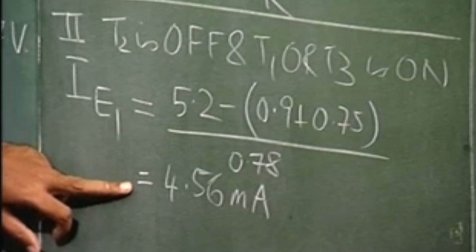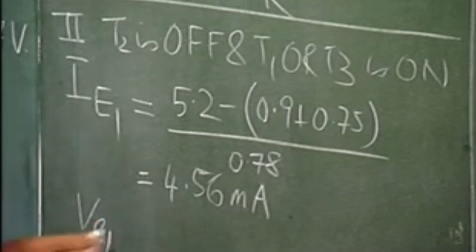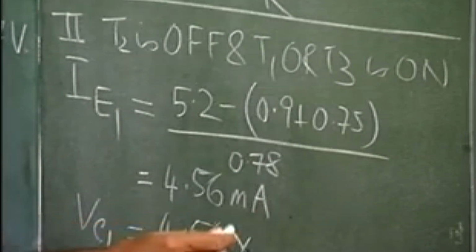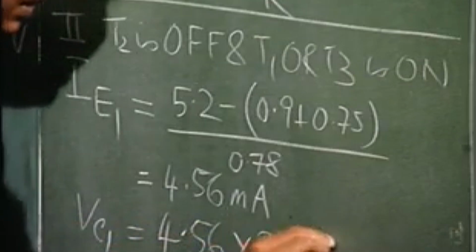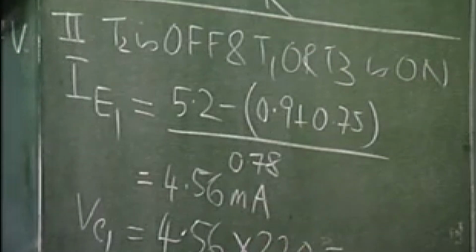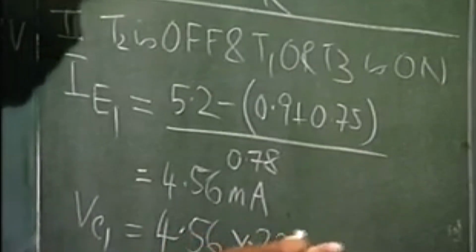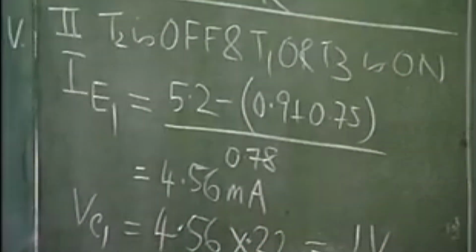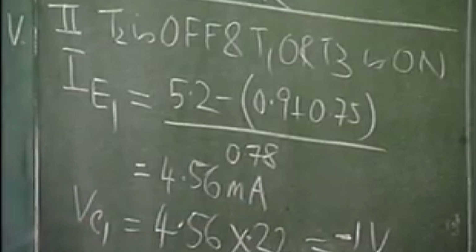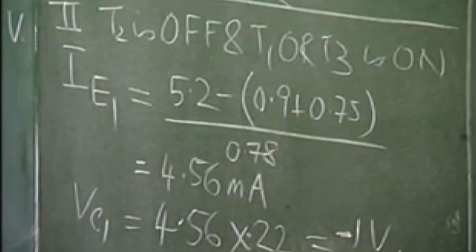Now, what is the output voltage? What is the collector voltage going to be? VC1 is going to be 4.56 into 220 ohms. So, this gives 0.22 basically. This is milliampere, so this is kilo ohms. So, this is going to be 1 volt. So, VC1 is minus 1 volt. This is the drop across that resistance. So, VC1 is minus 1 volt. And VO1